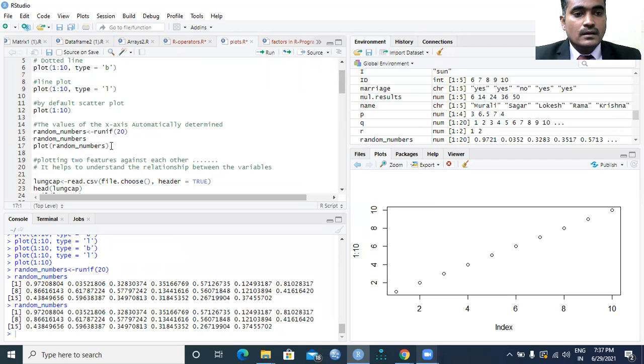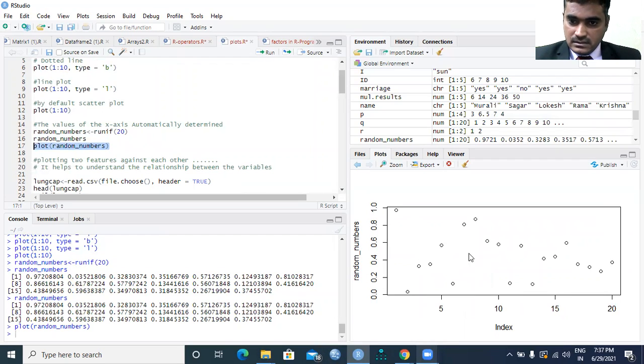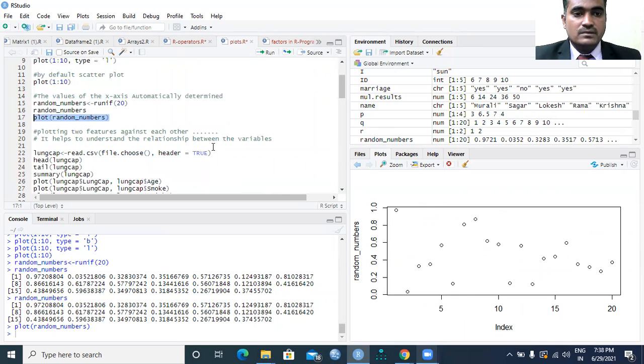Now when you plot these random numbers, automatically the random numbers are plotted in a random form. So that is how we can create it, right?